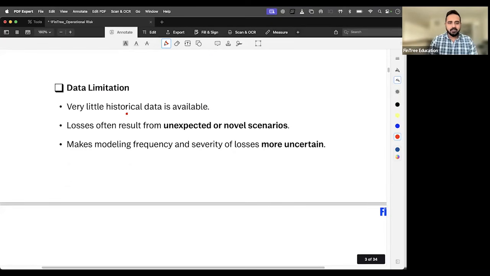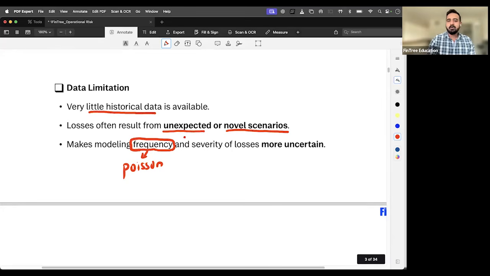Now, what is the data limitation? Number one, very little historical data available. Number two, losses often result from unexpected or relatively new scenarios, something that you might not have estimated or anticipated, or something that has not happened before. This makes modeling frequency, how frequently will I encounter losses, difficult, and we will see a lot of mathematical work around this. Just to give you a heads up, we will be using something called a Poisson distribution for modeling